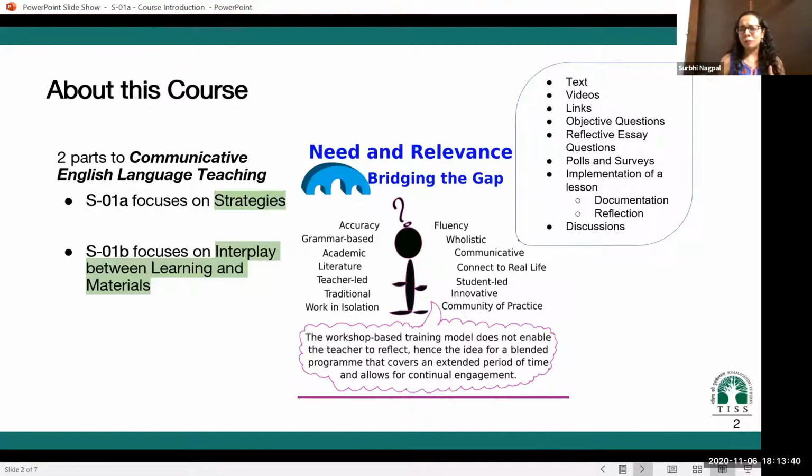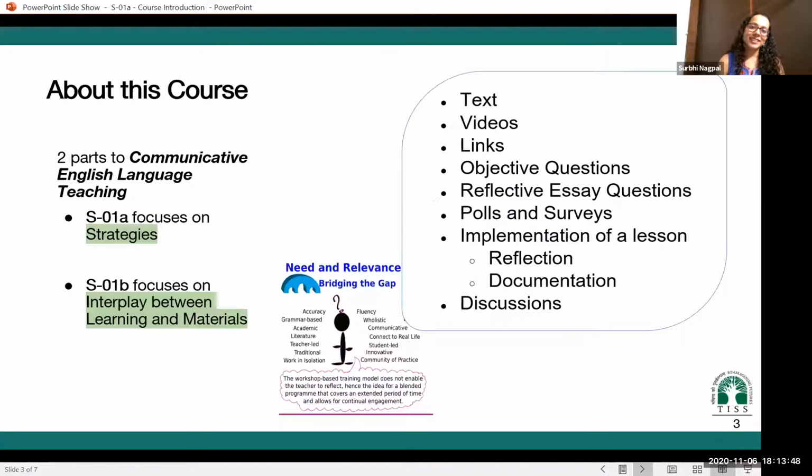Now, since I've talked about the exercises and assignments, Anusha, would you like to elaborate on the variety of exercises and assignments that the participants will be dealing with? Certainly. We all believe in learning by doing, don't we? And so that is what this course will also have.